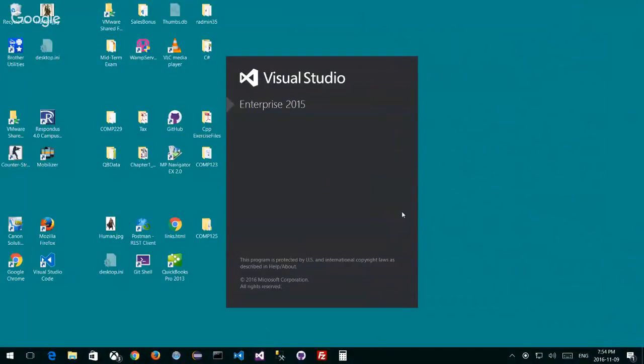I'm pulling up Visual Studio 2015, and we're going to kick off a new project. You know what I was thinking? Let's call it Lesson 9 again. All right, so instead of Lesson 8,